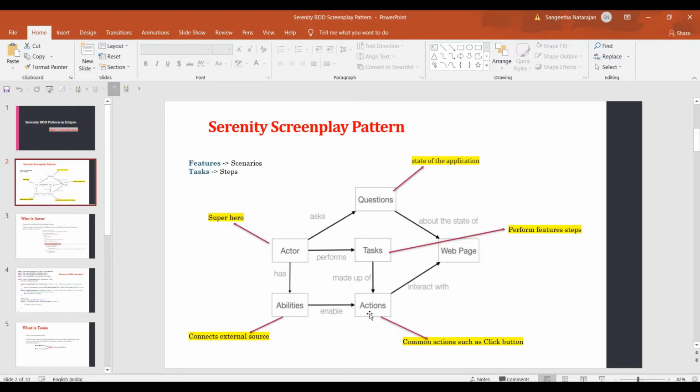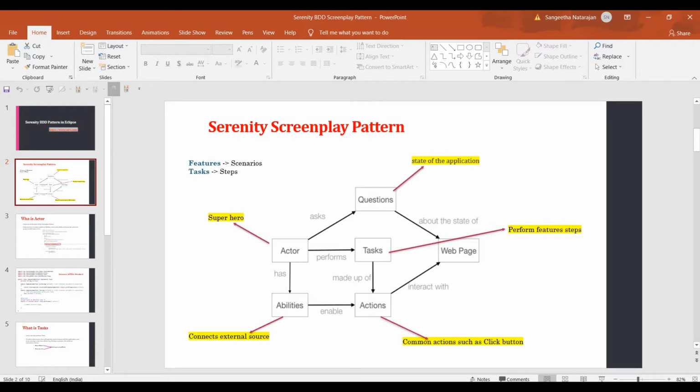Without an action class we are not able to perform the step validation. Why is it very important? Because of the common actions we apply inside a web application. Consider the examples: click method, get text, get title, get attribute value, maximize the window, wait time. These are common actions we apply inside a web application. They are not applicable to any specific scenario or case; they are applicable to all web applications, right?